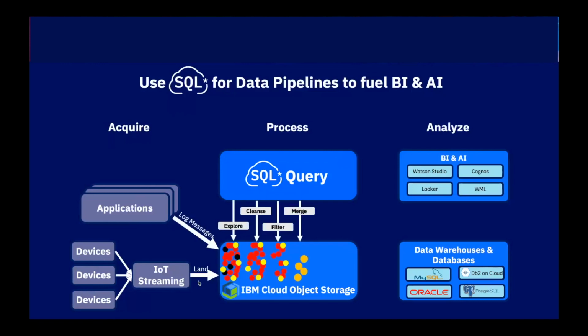Then I'm merging it with master data. Think of IoT devices. The devices might just have IDs. You don't know what devices they are, what kind of devices, where they are located, and so on. So you may want to join with master data, with dimensional data, so to speak. You may want to aggregate it up to create hourly sums, daily sums, whatsoever.